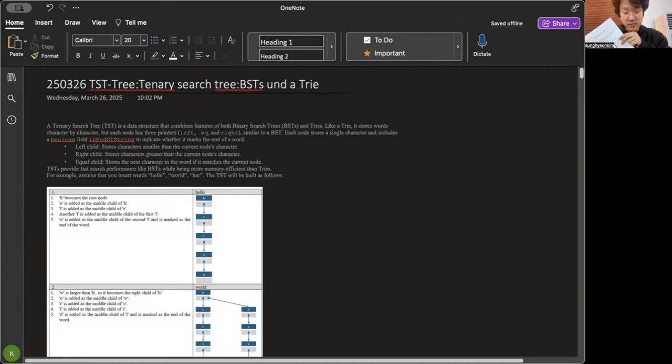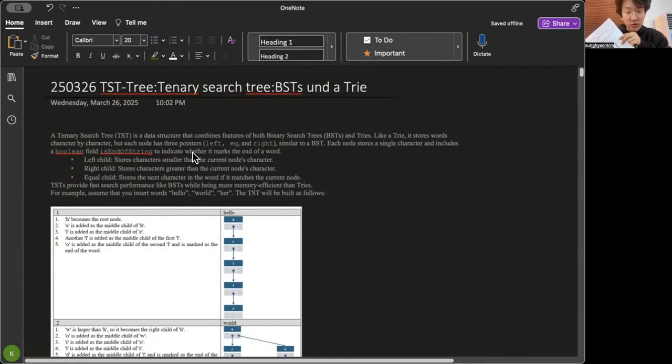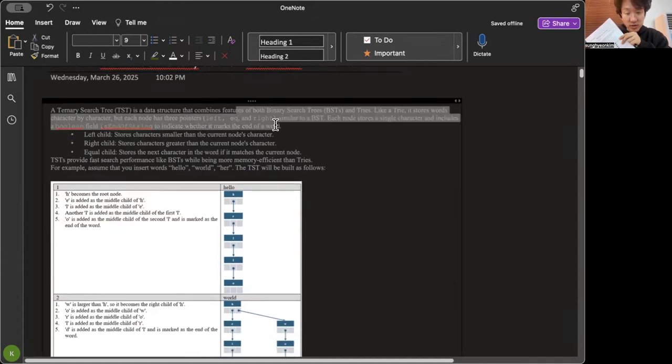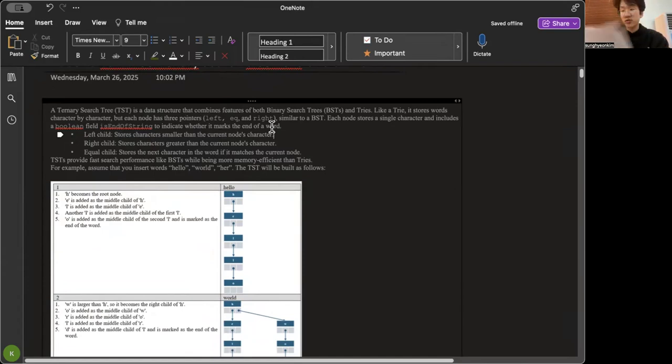Today is 26th March 2025. The Ternary Search Tree. The explanation. The basic idea of how it looks is